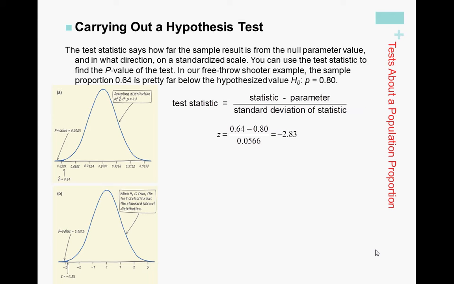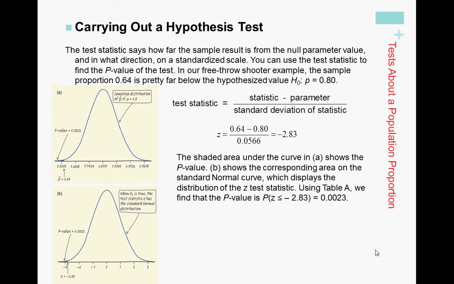The top graph is just showing it in terms of proportion. The bottom graph is showing it in terms of standardized scores. Now the shaded area under the curve shows the p-value. That shows the area on the standard normal curve, which displays the distribution of the z-test statistic. So you can use Table A and look up the value for that z-score of negative 2.83. Or you can use normalcdf in your calculator, and you'll find the p-value is